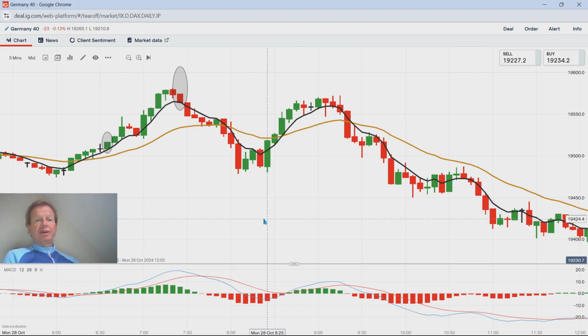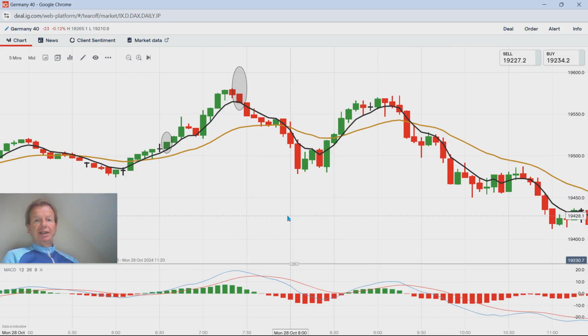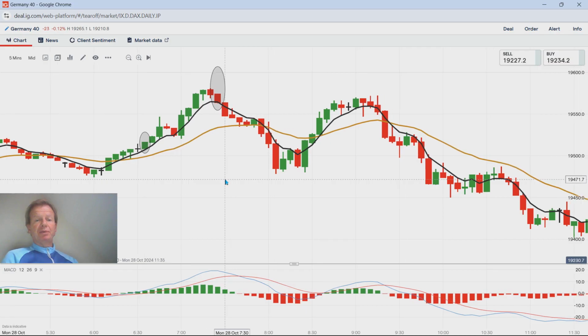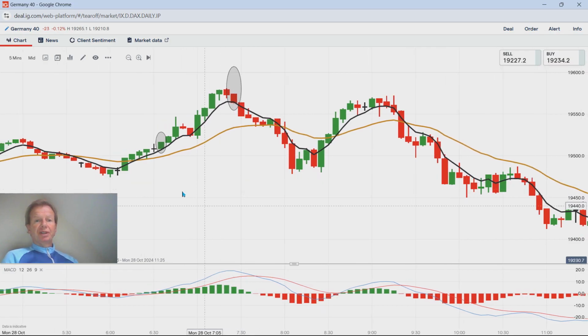So here on the chart, it's a 5-minute candlestick chart, and I've got two moving averages and the MACD. I've traded the moving averages before, but now I've also been using the MACD, because it tends to confirm what's happening with the moving average. Each candlestick is 5 minutes. And these two ovals here are where I got in and where I got out. Now I'll just explain what I did.